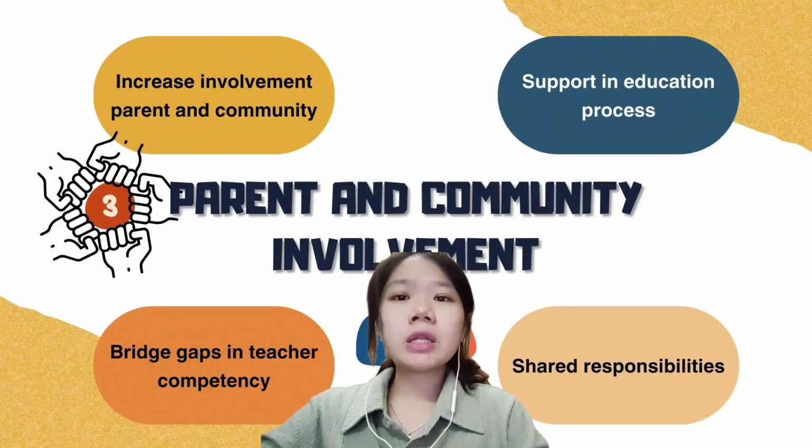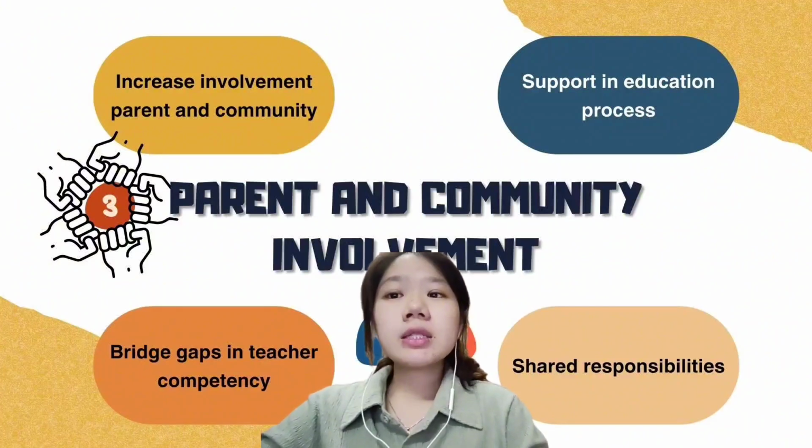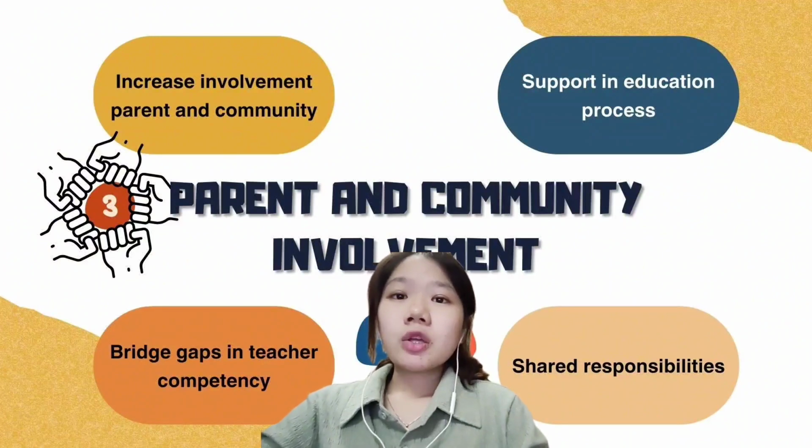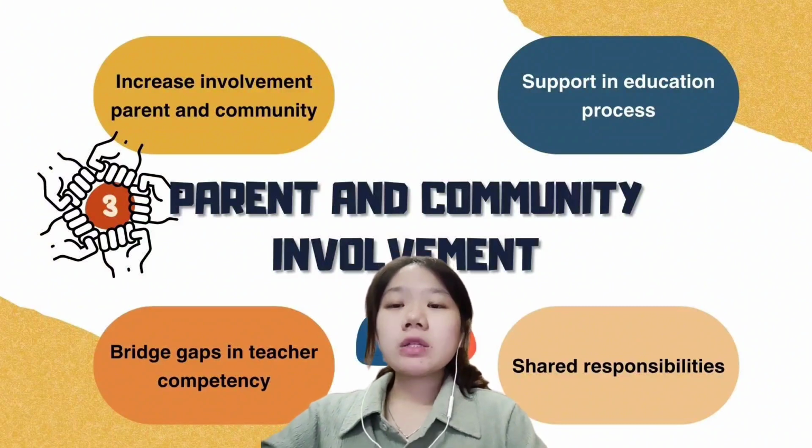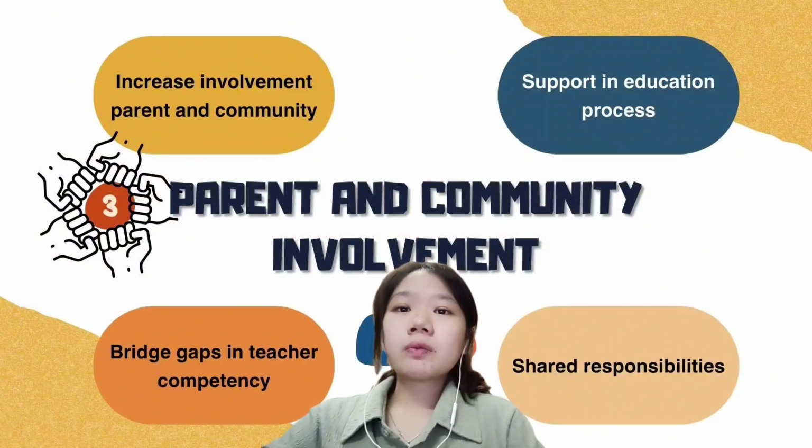We can work together to address any teacher competency issue by building a close relationship between the school, parents, and community. This involvement includes encouraging open communication, exchanging useful information, and asking parents and the community for advice and support. The communication between school, parents, and community is important to prevent misunderstanding. Parents and community will understand when teachers are not ready and need more time to adapt to the classroom-based assessment. By working together, a support system for students can be developed to make sure that all of the